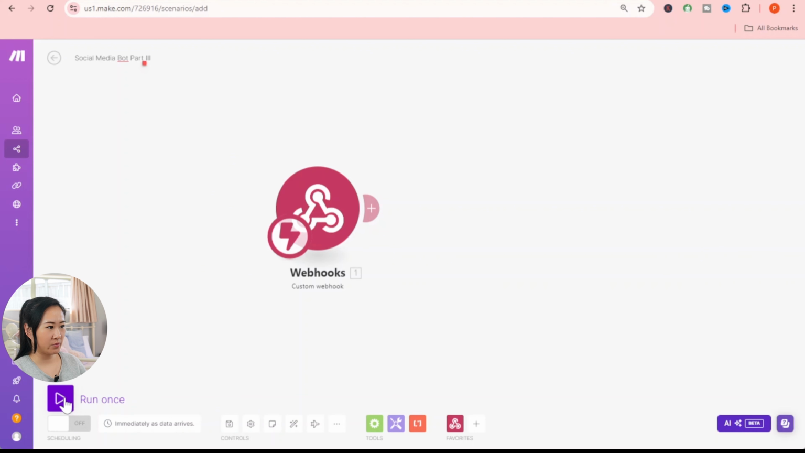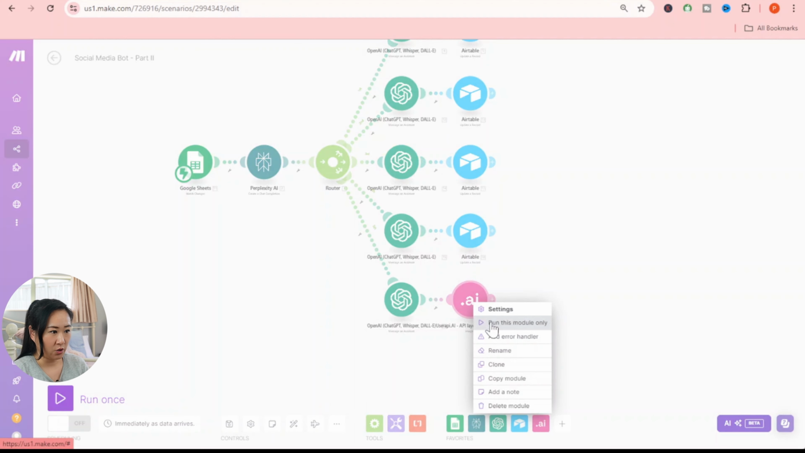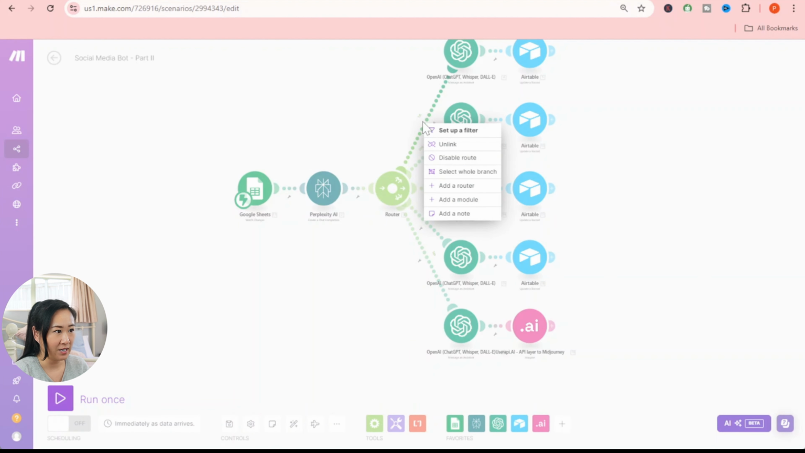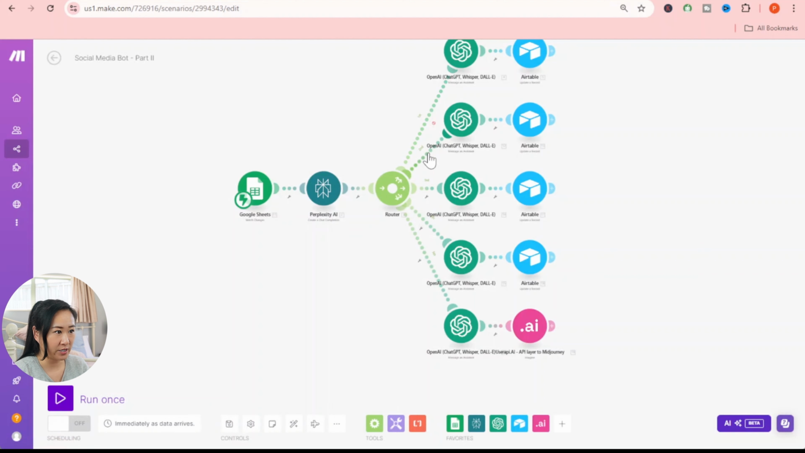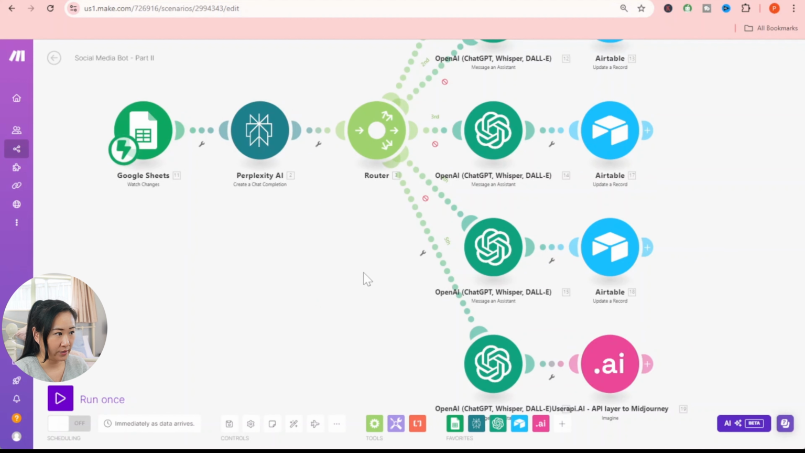What you're going to do is run this, because on the other side of the webhook, it's currently listening. So we're going to run this. Actually, since we already ran the first 4 modules and it worked perfectly, at this stage we're going to disable the route, so we don't have to test it again and waste operations. Okay, and we are going to just test from